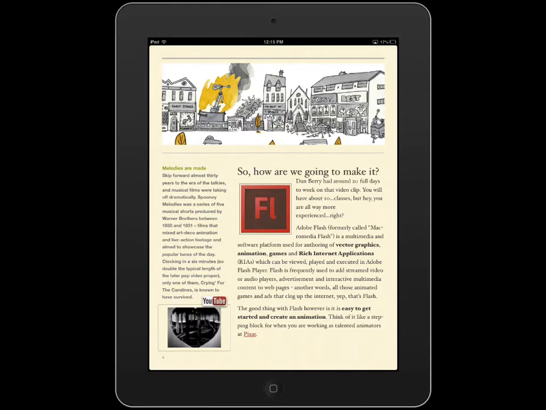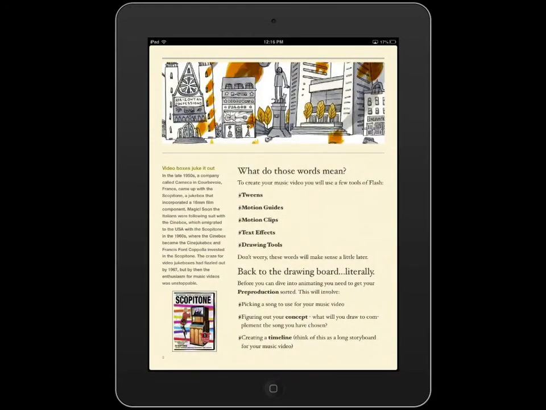Flash is not the best program in the world, it's not the most powerful, but the reason why we're going to use it is it's really simple for you guys that have never done animation before to create an animation. It's a good stepping stone into 3D Max and all that kind of stuff when you guys become animators at Pixar. That's what it's there for. So you're going to use that to create your animation.